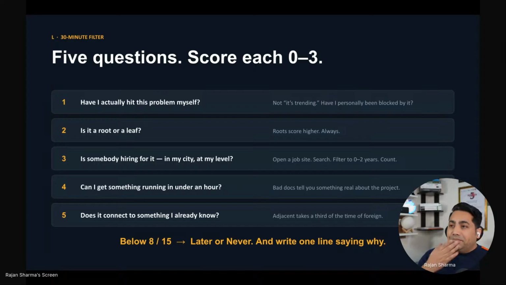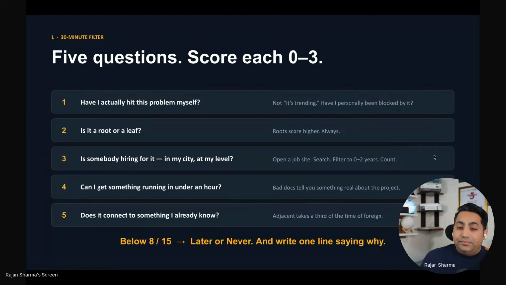All those four are going to help you with how to select the right technology. But the last question is very important, because this will also help you connect the technology with what you already know. So the fifth is, does it connect to something that you already know? If yes, you will start making a map in your mind: okay, this is something I already know, and this technology fulfills that gap by solving a specific problem, and there is a demand in the market. If I achieve that well, maybe I can capture that specific market as a job or as a business.